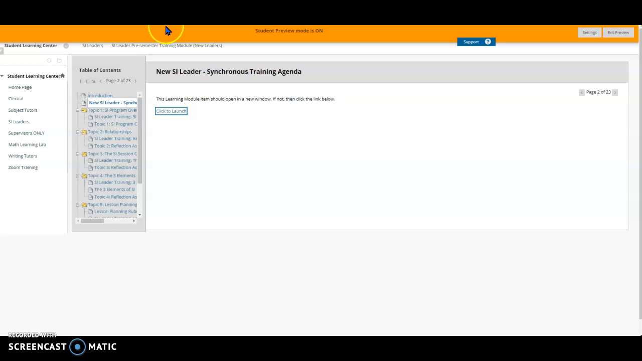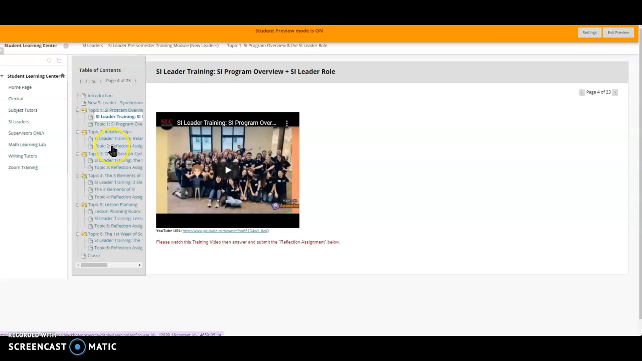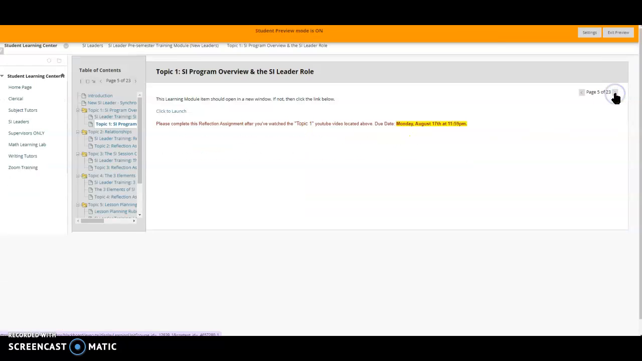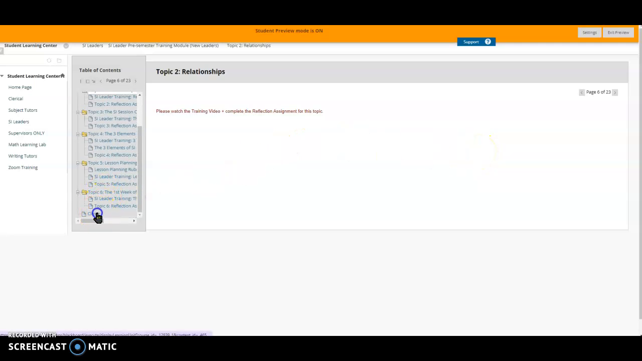So back to the Blackboard Learn page. You can go through it by clicking these links right here, or if you want, you can also click the arrows over here. So these are just the 2 different ways that you can move back and forth through your training modules. All right, so once you completed all of them, all the way to the very bottom with the